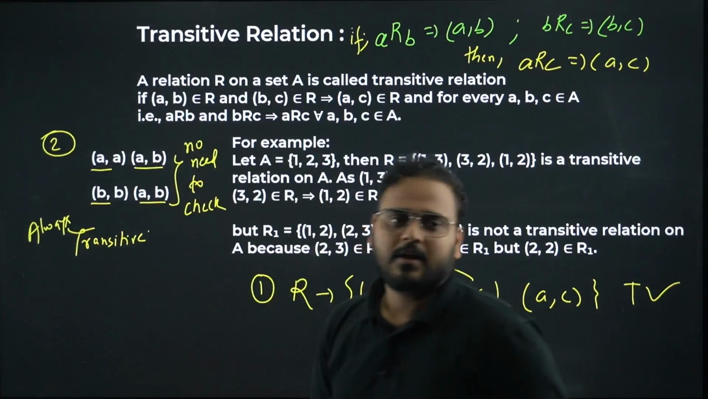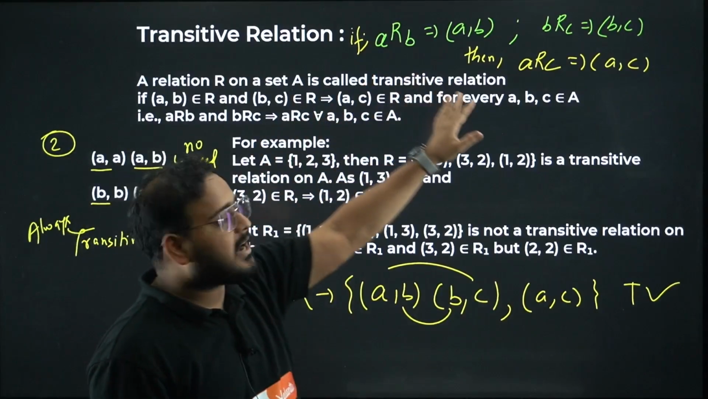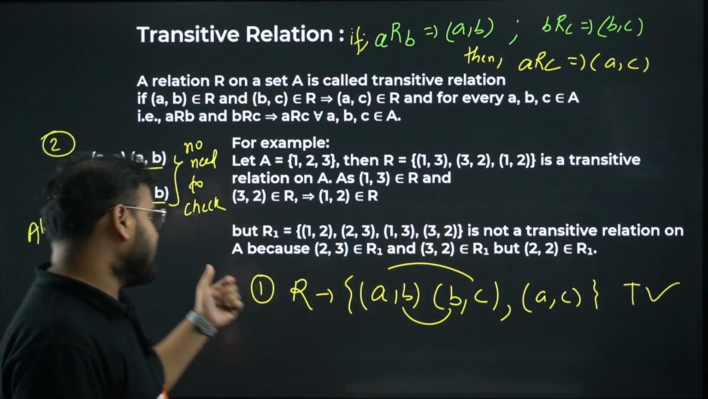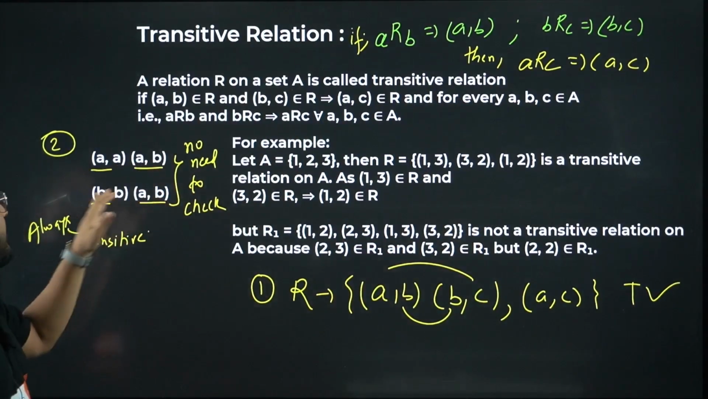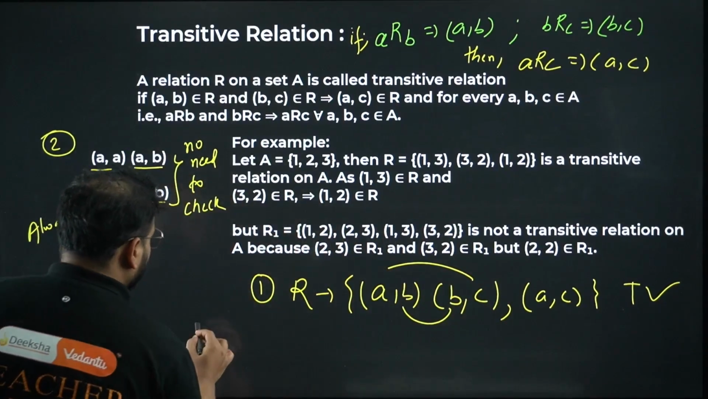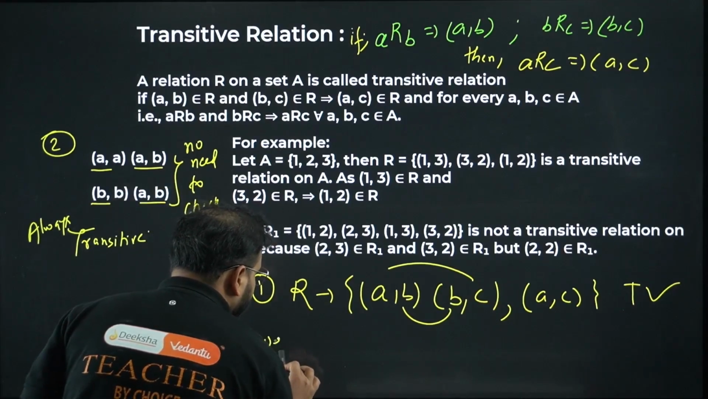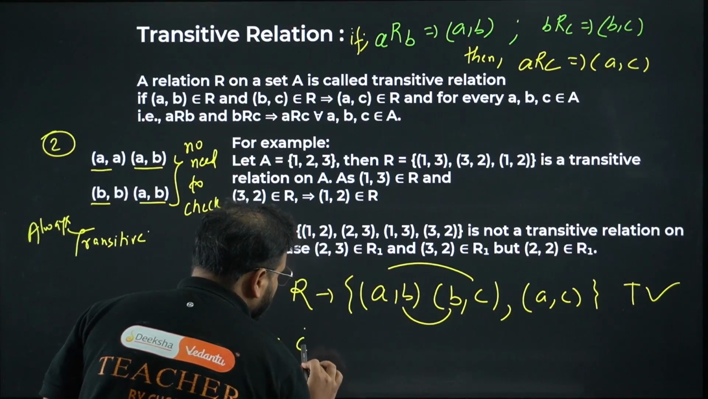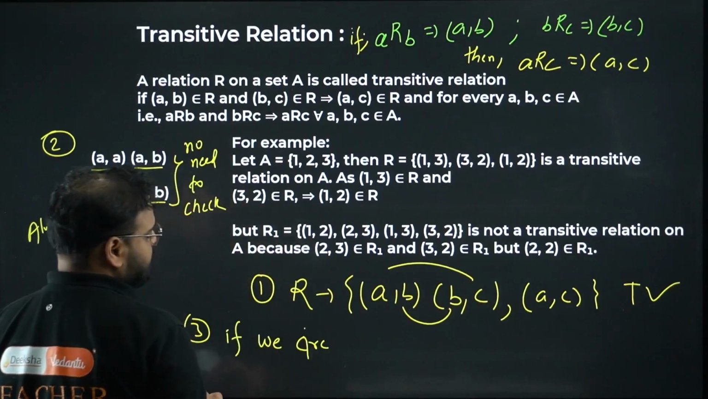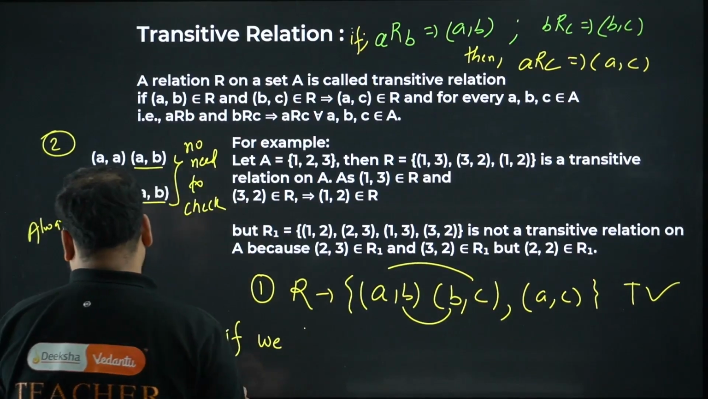That's the condition. So first one is this definition of this relation, ARA, BRC, then ARC should be there. Second condition is this, if you have AA, AB, BB, AB, then no need to check, it's always transitive. And third condition, very important, okay, if we are not able to, basically, let's write a better statement, if we can't